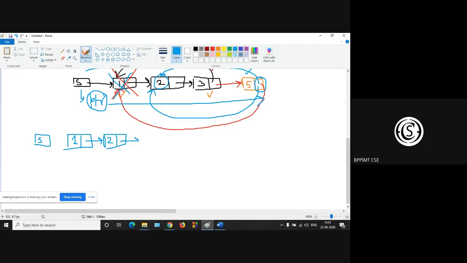Next, this is the third node, and the last node is let 5. Now as this is the circular, so last node's info part always connected to the address of the first part.